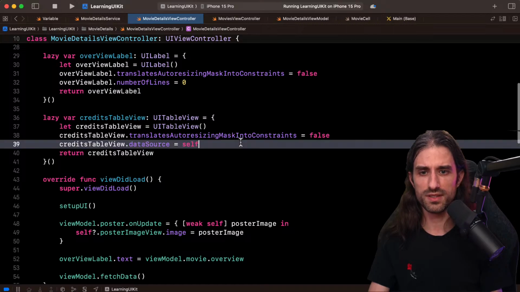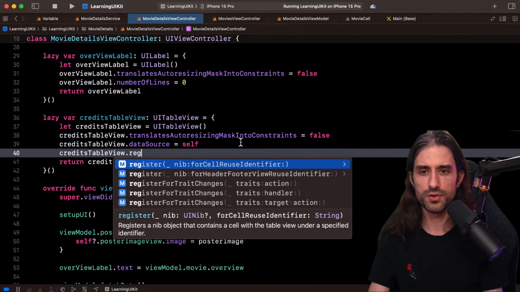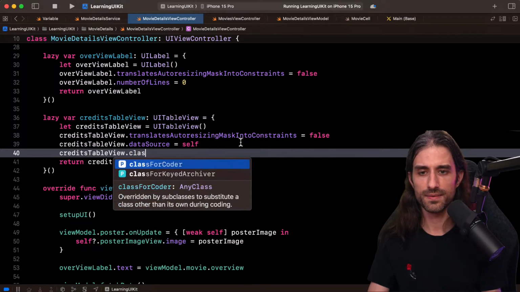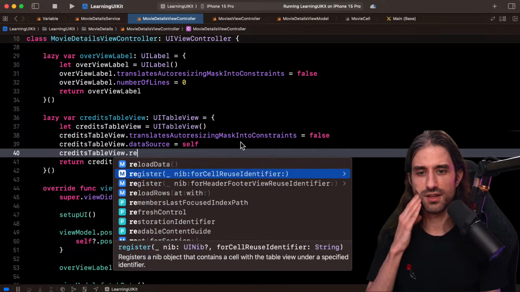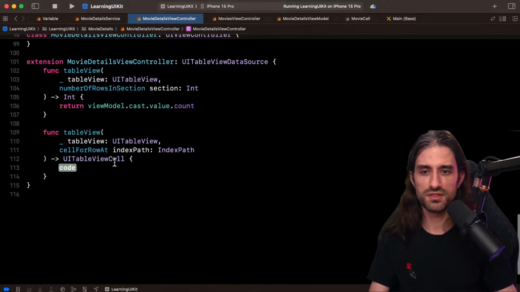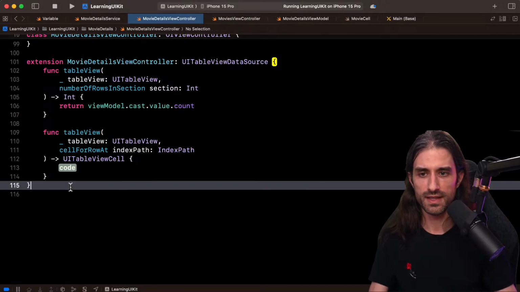So I think the way I can do it is by doing credits table view register, and normally you can register a class. How do you do it? No, that's when you want to register just a xib, but I'm not going to do that in this case. I'm going to do it another way.